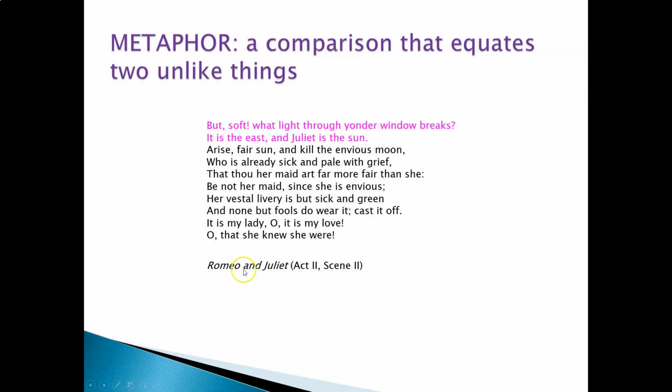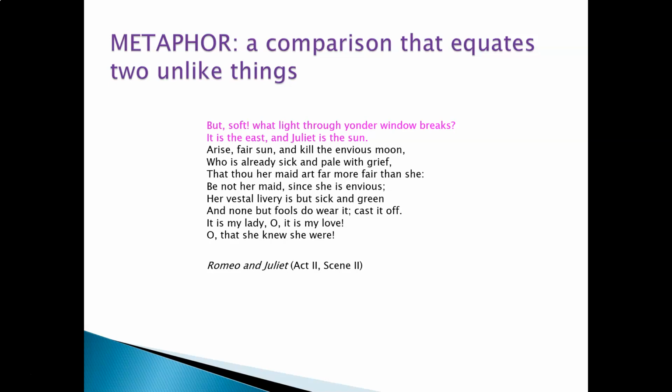Now, this is a scene from Romeo and Juliet. I'm sure it's familiar to a lot of you. This happens right before the "Oh, Romeo, Romeo" moment. So Romeo is looking for Juliet, and he sees her. He's kind of stalking her, and he says, "But soft, what light through yonder window breaks? It is the east, and Juliet is the sun."